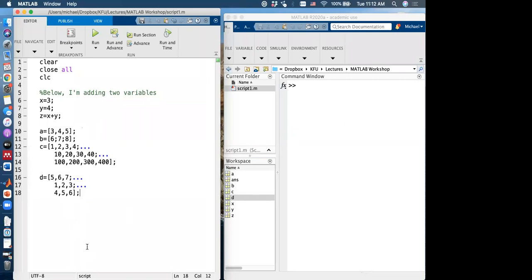Any questions so far? Can I change only 2 or 3 variables? You can change as many variables as you want, as many as you want. Any other questions? Okay,